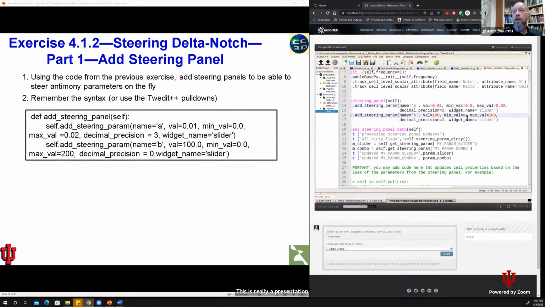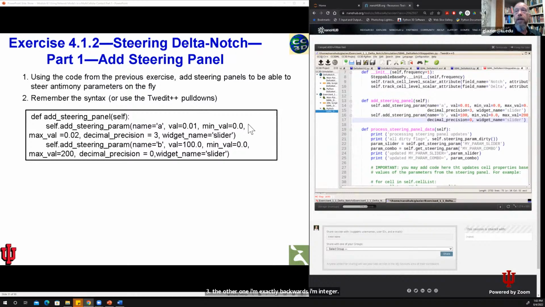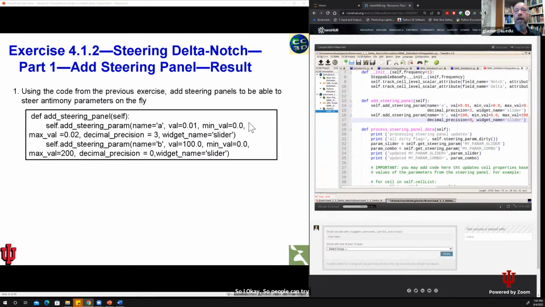Min value here, 0 again. Max value 200. And if I have things that are that big, I better have 3 decimal digits. Sorry, decimal digits here, sorry, 3. And the other one, I'm exactly backwards. I'm integers, so I have 0 decimal. Okay. So people can try doing that. And then